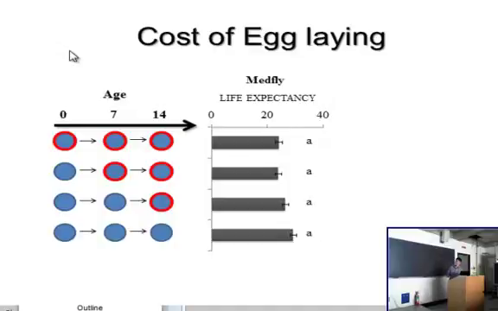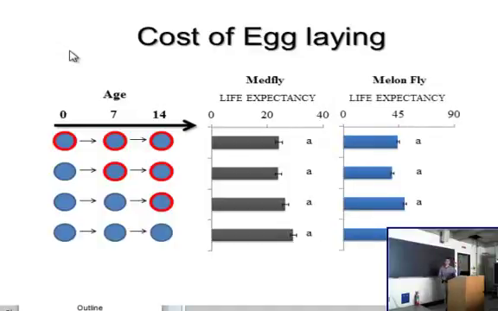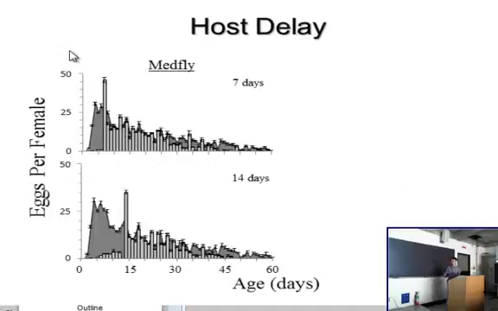Now when you look at the life expectancy of the melon fly, we see a different result. Here is what we were expecting to see with the medfly, where you have the longest life expectancy associated with those individuals that were never laying eggs, and then the shortest life expectancy with the continual reproduction. Unfortunately, these deprivation periods don't improve the lifespan, so there's no trade-off going on. These flies are allocating the resources provided to them to produce eggs in the ovary and then retain them until reproduction can occur.